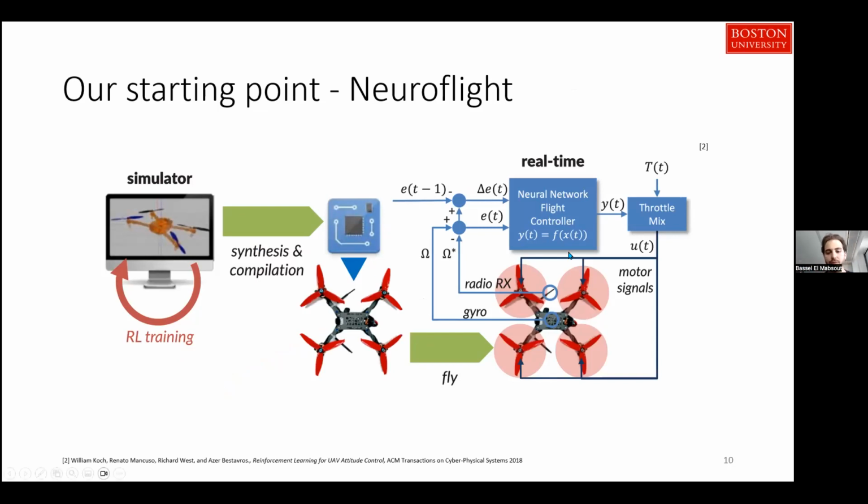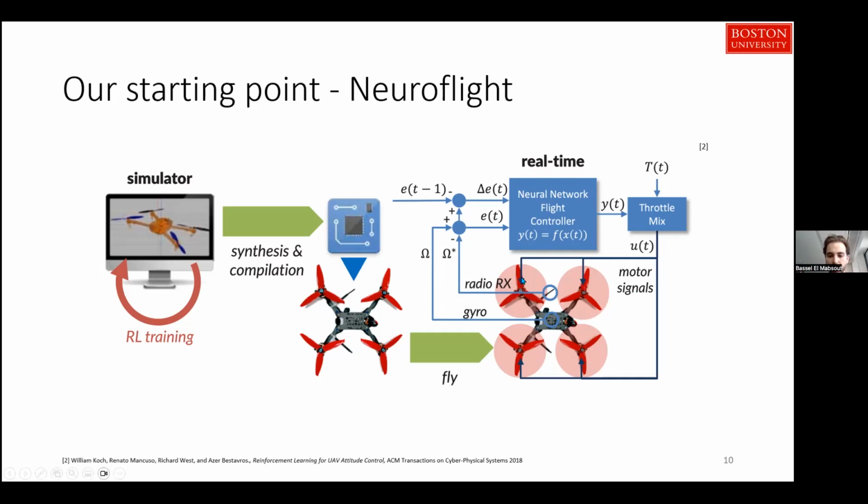And then he would fly this drone in real life, where this neural network gets invoked with whatever sensor readings we get, and the inputs, the set points that the user has with respect to their control inputs. So let's say a racer is trying to get the drone to fly in a certain way. We get the signal on the drone, and the neural network controller is trying to follow those commands, producing motor